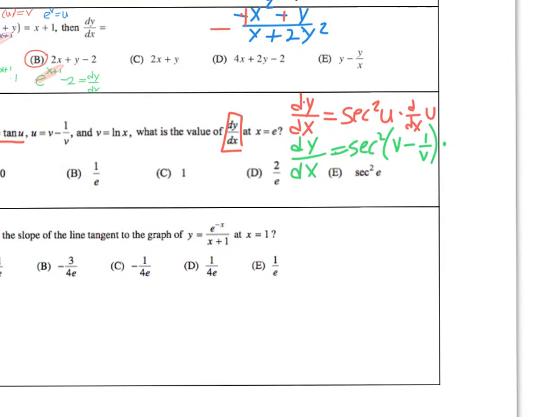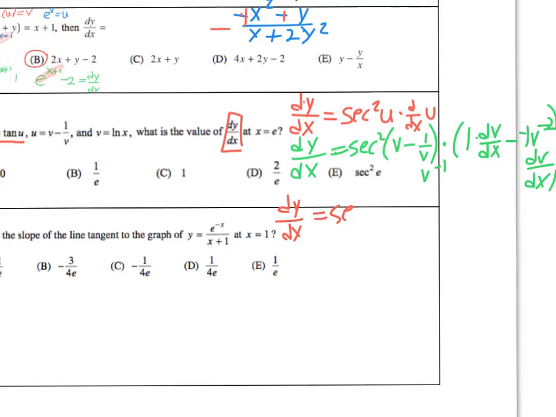Let me give myself a little more room. And the derivative of that is going to be 1 times dv/dx. In other words, the derivative of v minus, well, it's v to the negative 1, so negative 1 v to the negative 2 dv/dx. In other words, the derivative of v. Now let's plug our v in. So we've got dy/dx